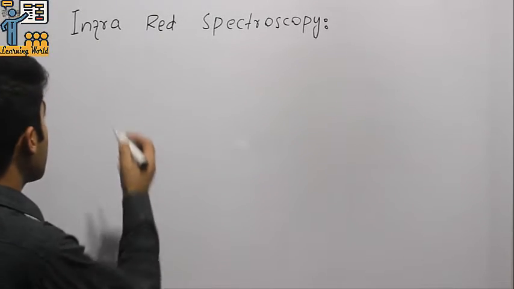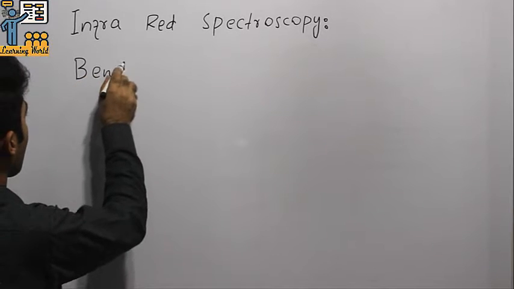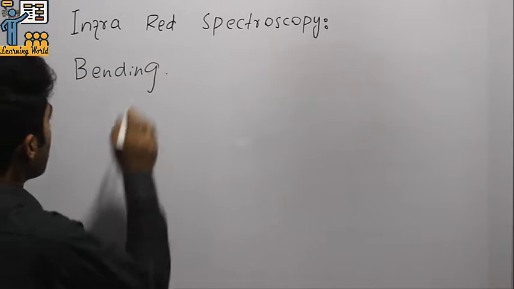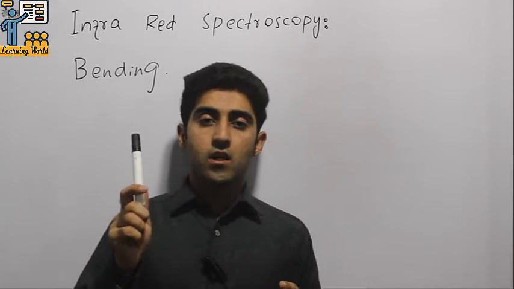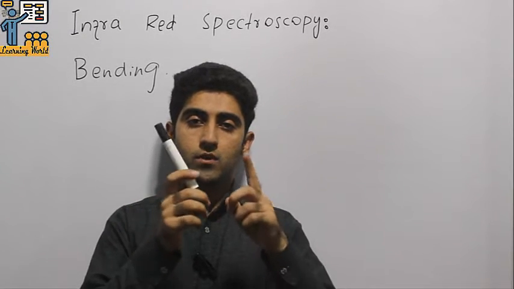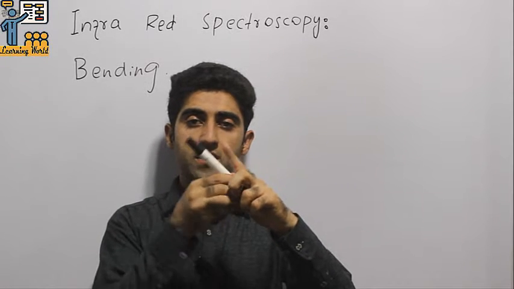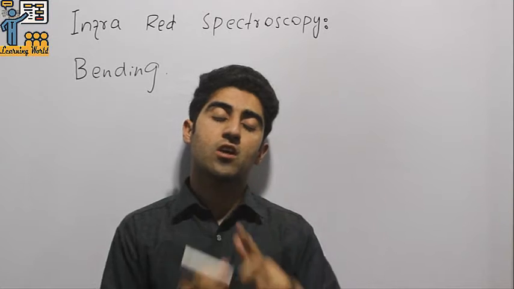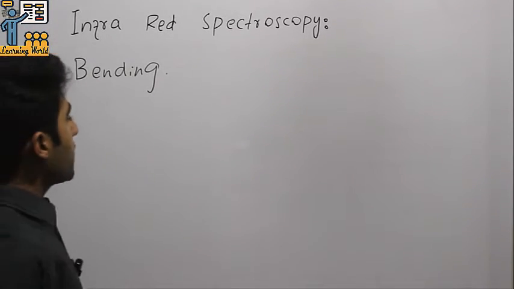Now the second type of vibration is bending. Bending is a simple phenomenon. For example, this is one atom and this is another atom, and they will bend toward this. This type of vibration is called bending. So here it is further divided into